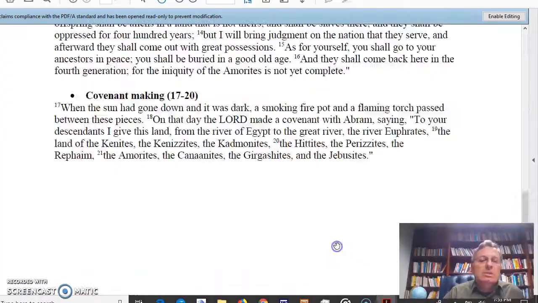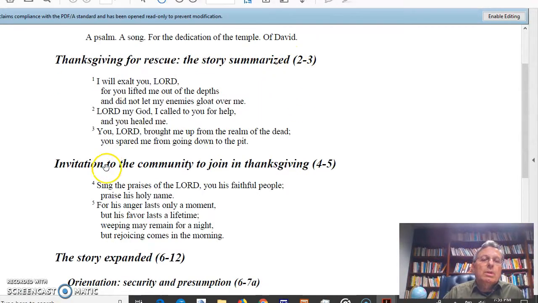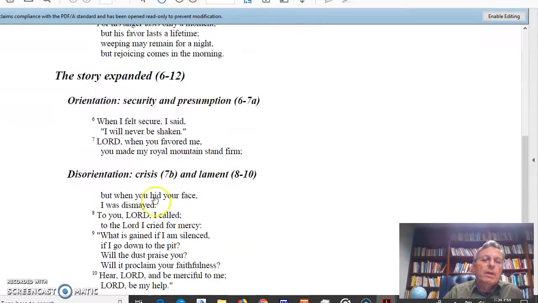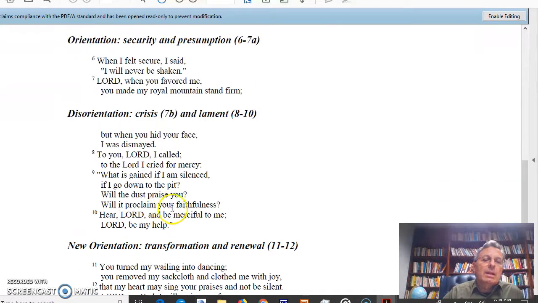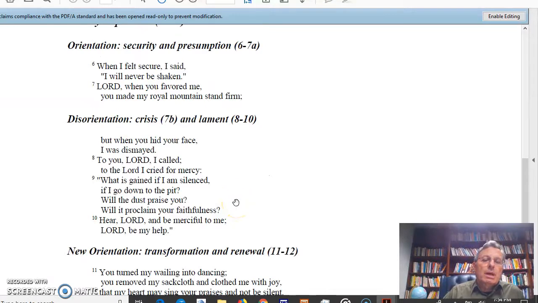And I could take a look at Psalm 30, which I've organized around thanksgiving for rescue, the story summarized, and I've broken that down into invitation to the community to join in thanksgiving, then the story expanded. Orientation, things going well. Disorientation, things going badly, and lament. New orientation, transformation. Those are examples of embedded outlines, and for your next assignment, I'm looking for your embedded outline